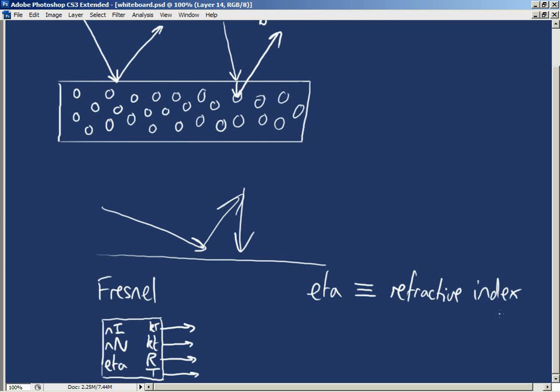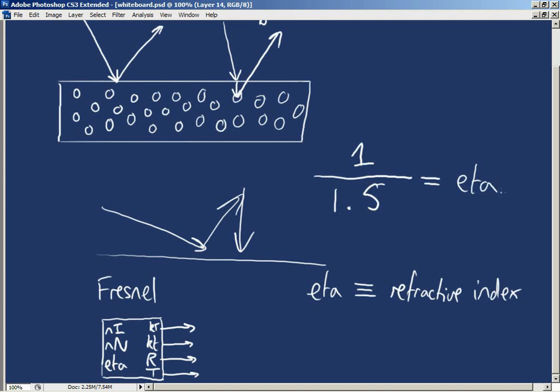It's the ratio of the refractive index of the viewing medium, which for almost all cases is air, what are our eyes in, what is the camera in, compared to the refractive index of the material that we are rendering. So we're going to have the refractive index of the viewing medium, which for air we can just pretend is a value of 1, it's very close to 1, divided by the refractive index of the material that we're rendering. Let's say for plastics, glass and the likes, 1.5 is a very rough approximate,